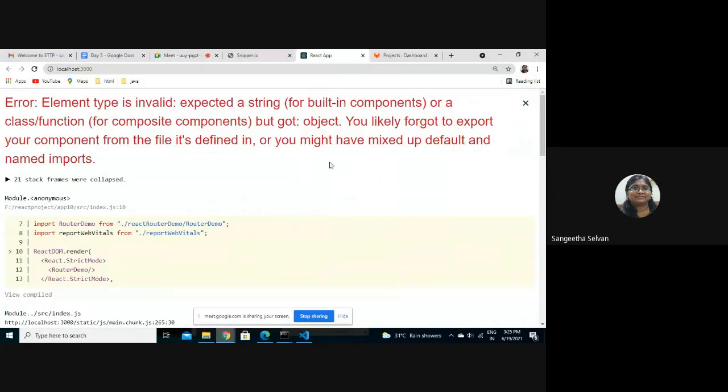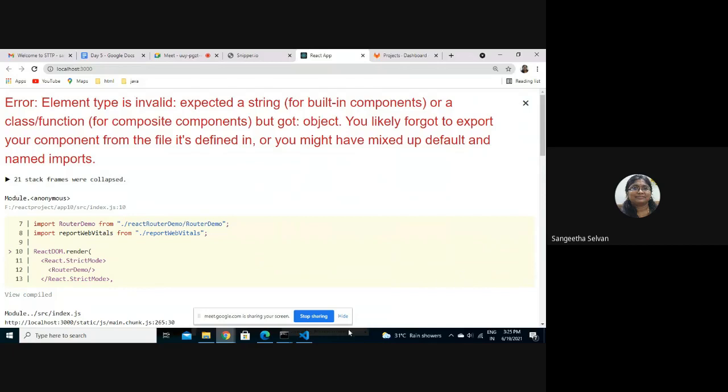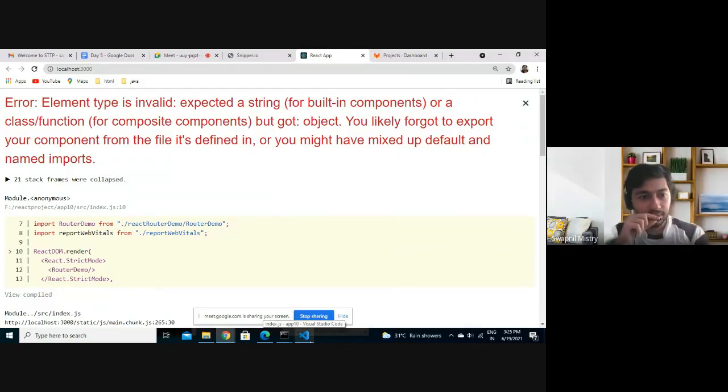Actually, I'm getting this error. That's the router file which we did. So it's saying that you forgot to export one file.